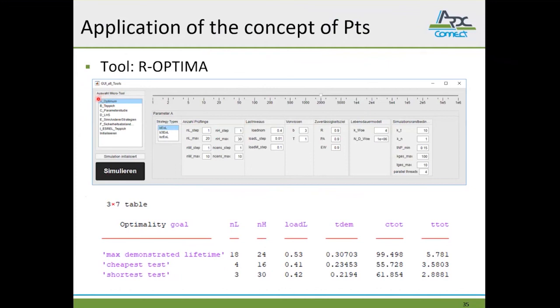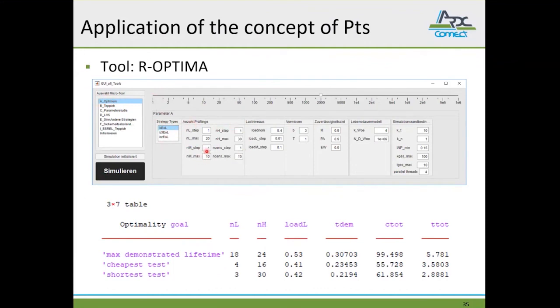I'm going to introduce you to this one micro tool. It's called Optimum. It enables the analysis of the parameters that you enter here. We first have the strategy types. Here it's the accelerated tests with 2 load levels. Then we determine the